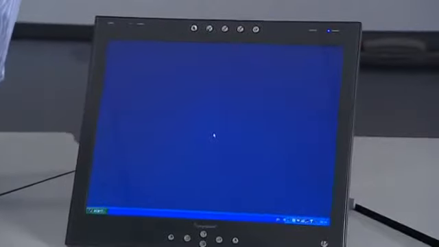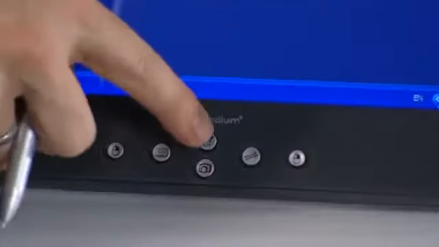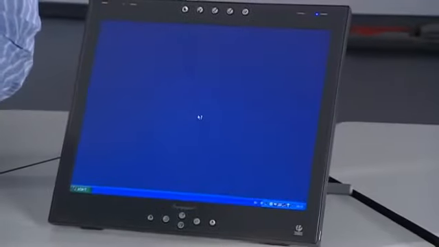This is a SMART Podium, the ideal product for a lecture theatre or any teaching room where you want to interact with content and make your lessons and lectures more engaging and lively. One of the things I might want to do in a lecture situation is create a diagram or an illustration, and I can do that very easily with the SMART Podium simply by hitting this button here, which will launch